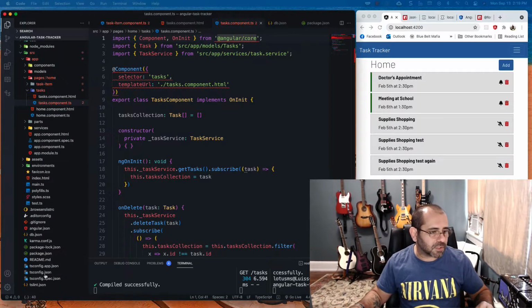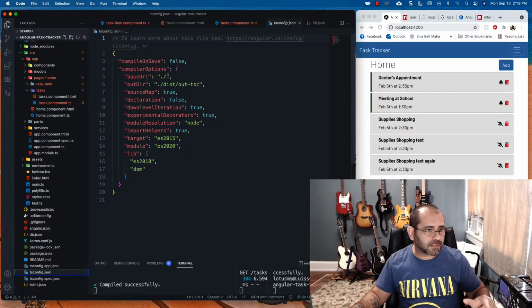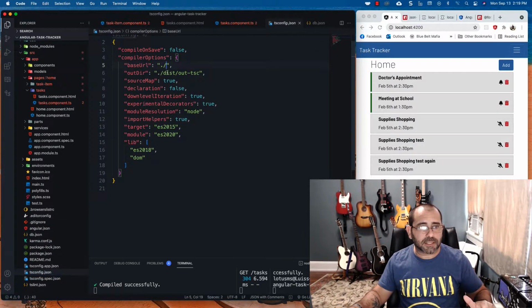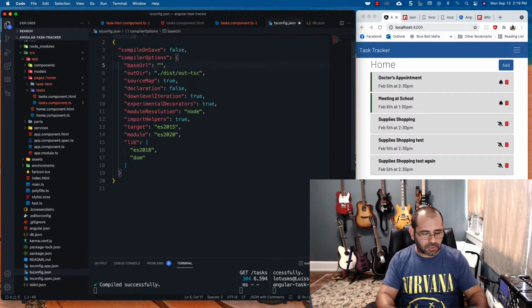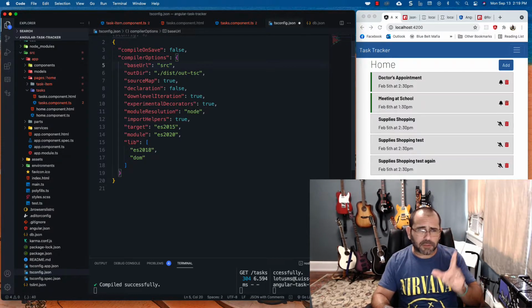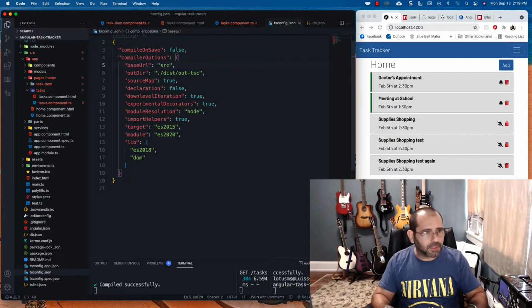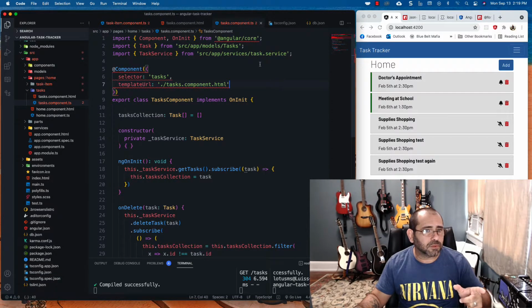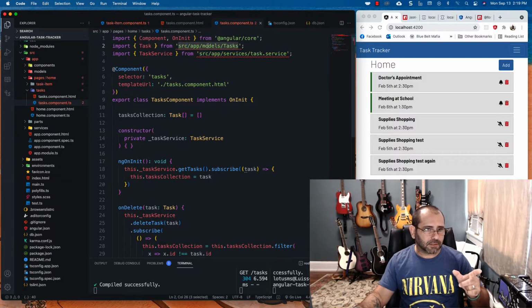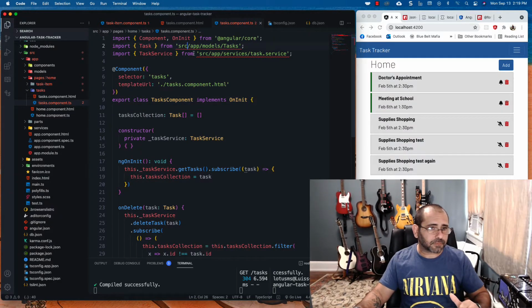Okay, so this is what you do. You go to the tsconfig.json, and then replace this with src. If I remember correctly, this is something that Angular 12 started doing. So save that, and now that should compile. Okay, so you see it compiled, good. Except